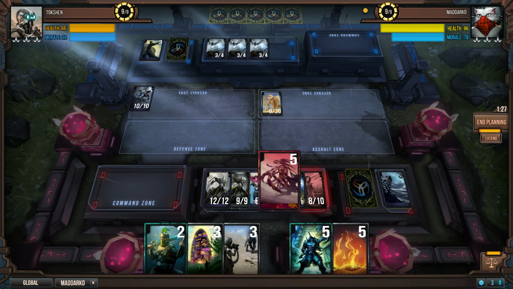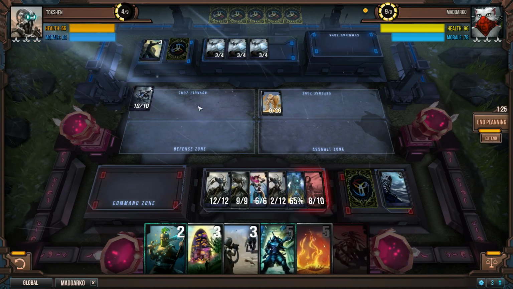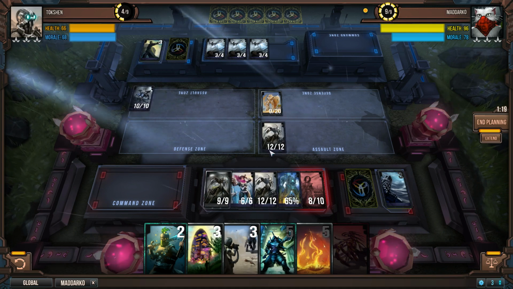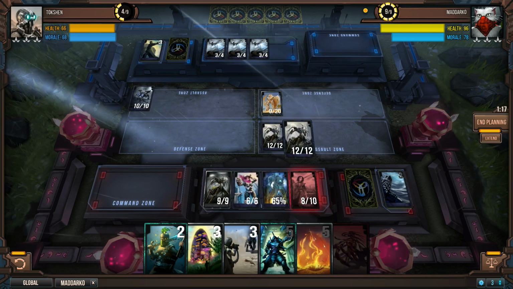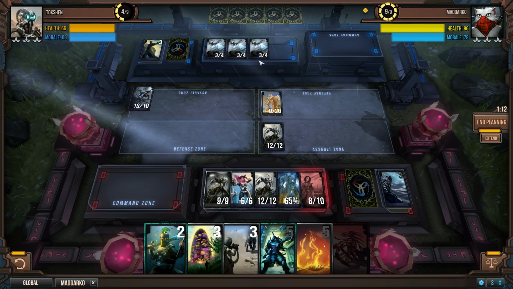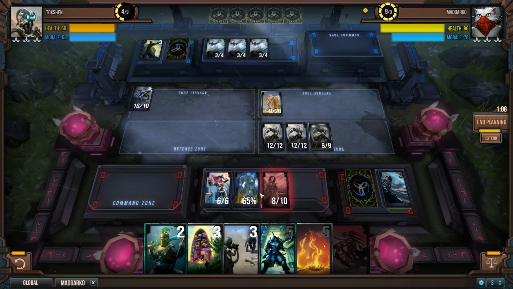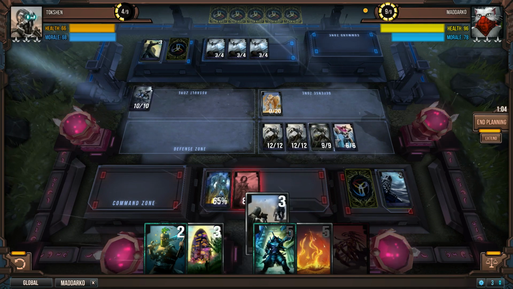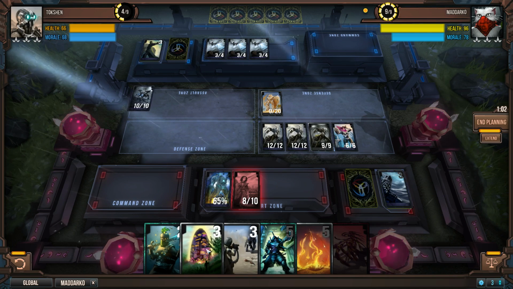Okay. So we will do this to switch them up. So he's going to be in the defense zone, so I think he automatically blocks. So then we can deploy that guy to kill him. He's probably going to put all these flyers into the assault zone as well, so this is going to be a great time to kill all the flyers. And then we will deploy...